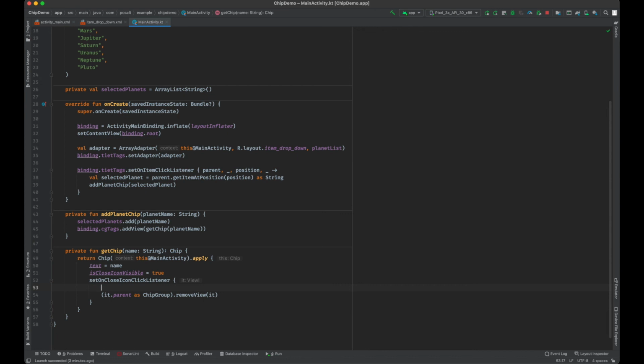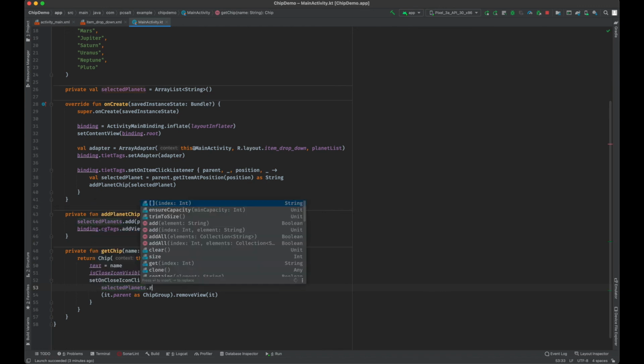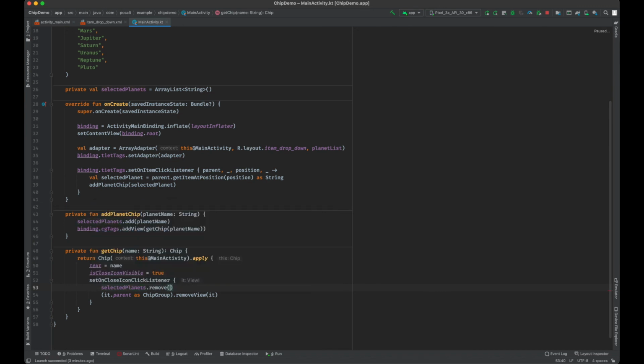So we have to get the text from the chip itself and remove it from the selected planets. So just calling selectedPlanets remove, and the view itself is a chip, so casting it to chip and getting the text using the text property. Now whenever we click, it will add the planet name to the list, and whenever we click on the close icon, it will remove it from the planet list.